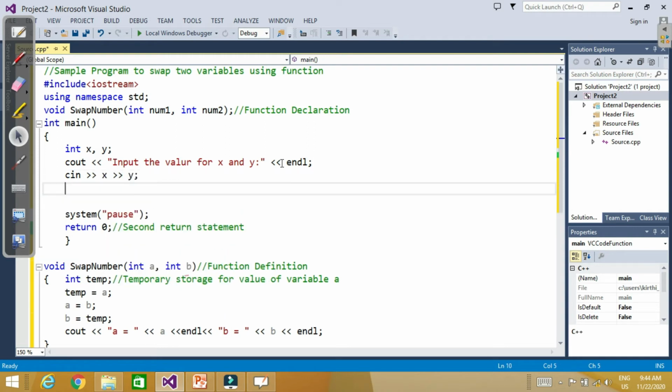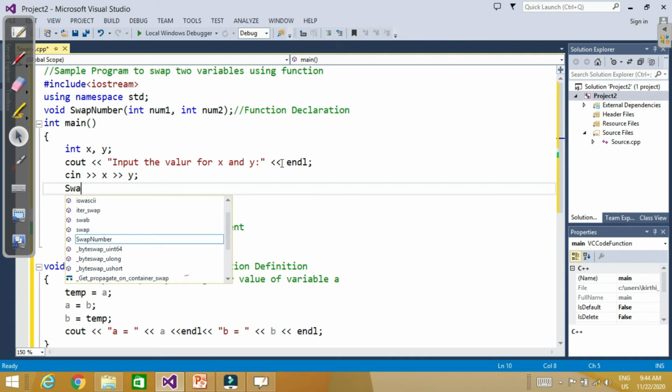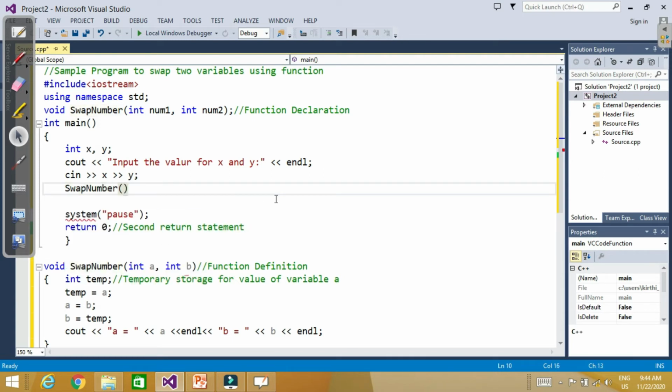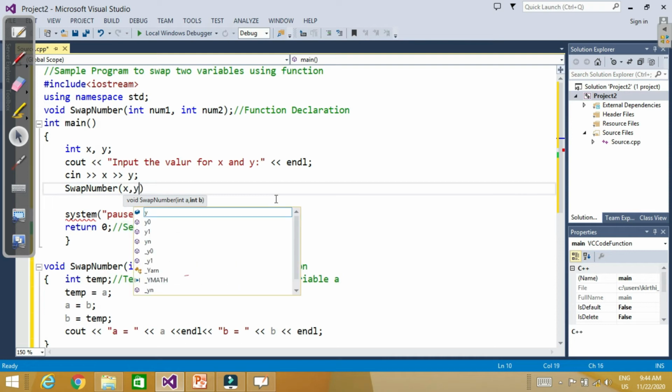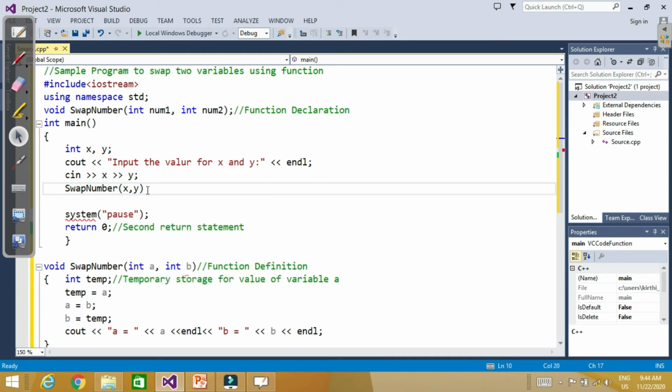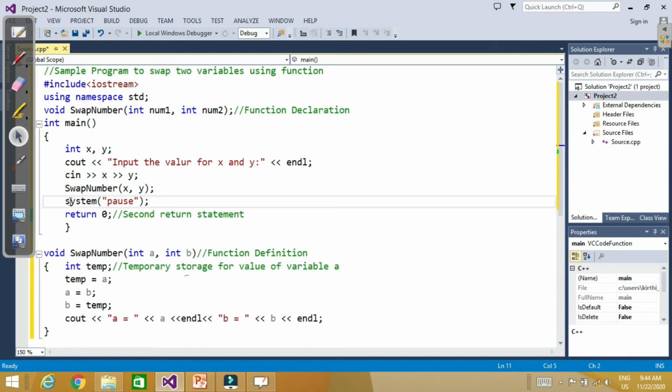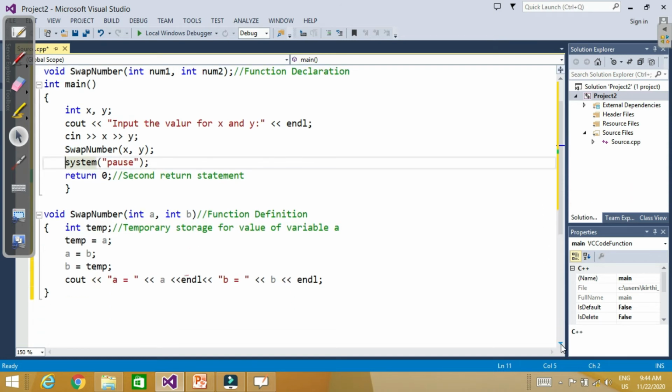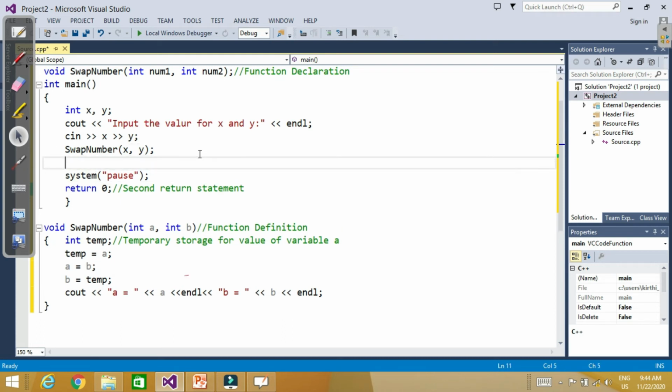Now we will call the function swapNumber here. If you remember, when we call a function, we need not write the return type, only the values x comma y. So it will give you x is equal to and y is equal to something.